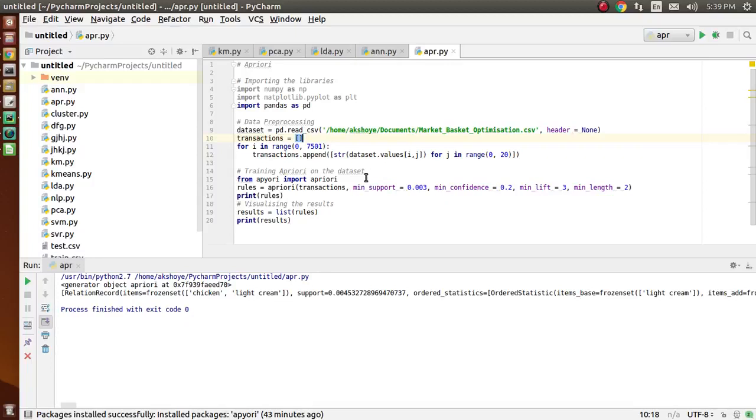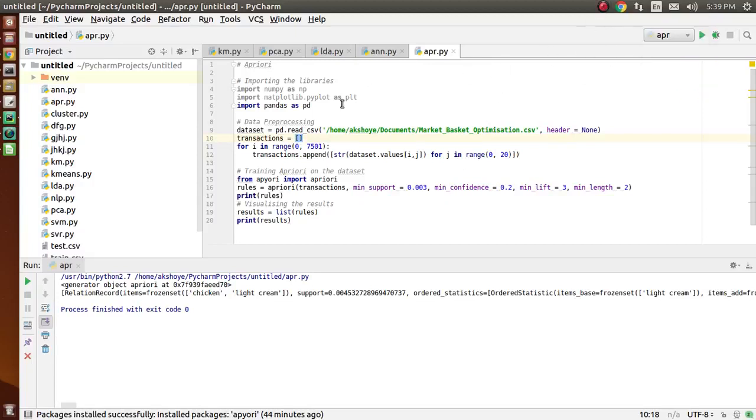And the second step is to generate strong association rules from frequent item sets. That is, rules which satisfy the minimum support and minimum confidence threshold. It means we need to find the support and confidence which are greater than the minimum support threshold and minimum confidence threshold.